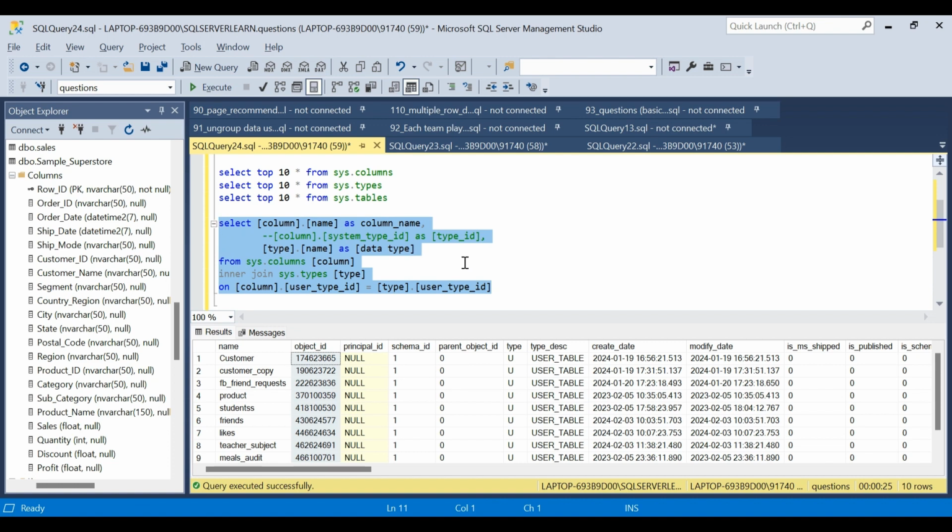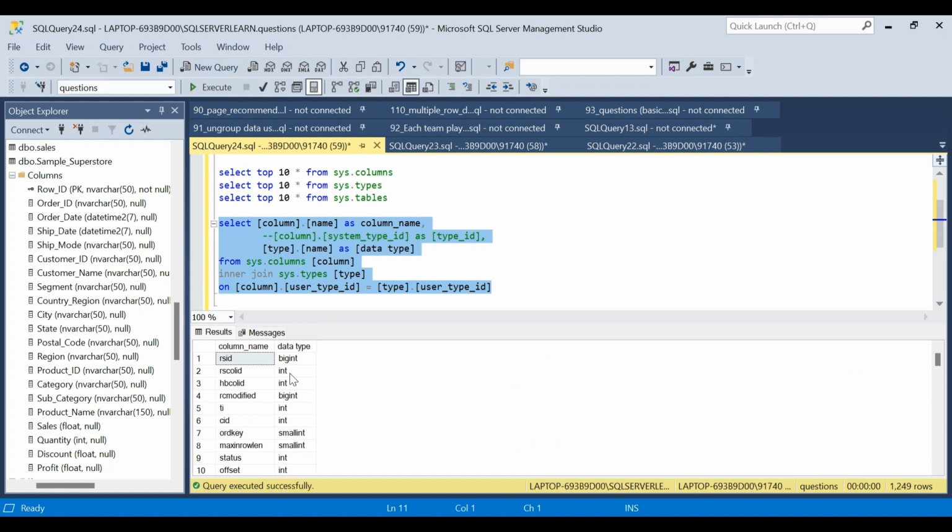type. It is not only that particular table, the sample superstore, but if we run this query now, we will get output such that we will have a column called column name and a second column called data type. But this output contains more column names than we were looking for, which means this output contains all the columns from that particular database, not only the sample superstore but all the tables and all the columns from that